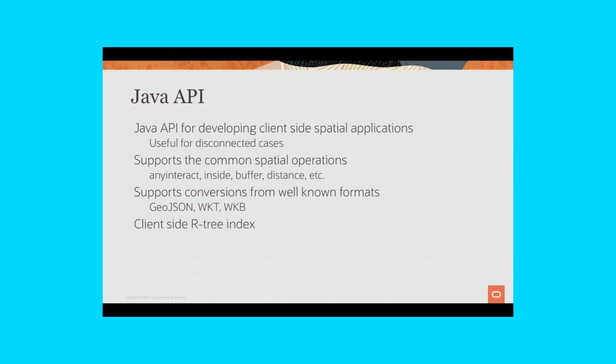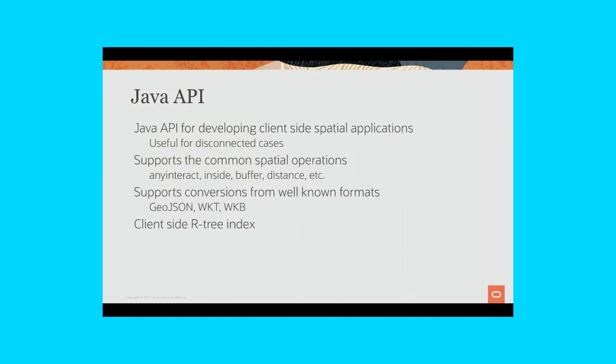So we also have a very rich Java API. If you're fundamentally a Java developer, then through this Java API, you can build mid-tier Java applications or standalone Java applications. In this Java API, we provide a lot of the fundamental capability that is in the database directly, natively in the Java API. That way, you don't have to make a round trip to the database if you want to do some calculations on the Java side itself.